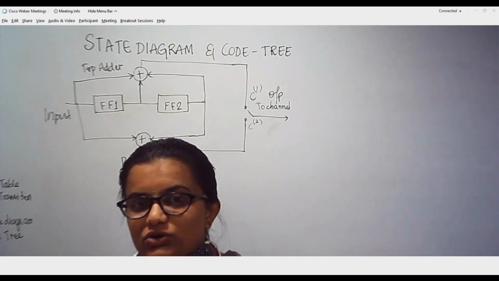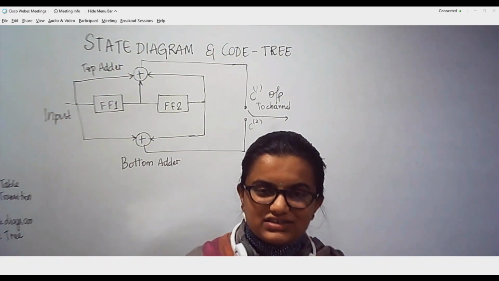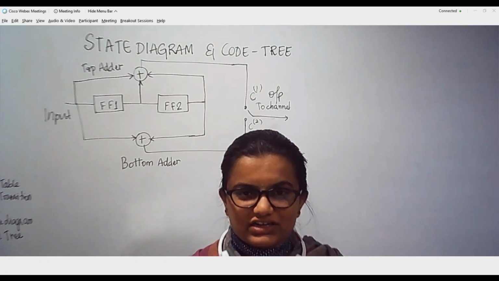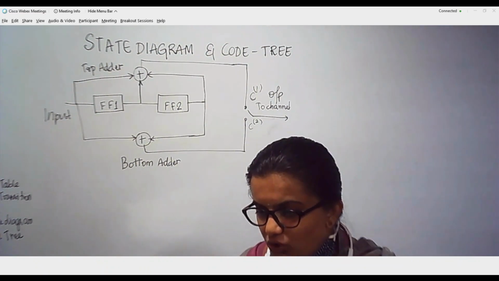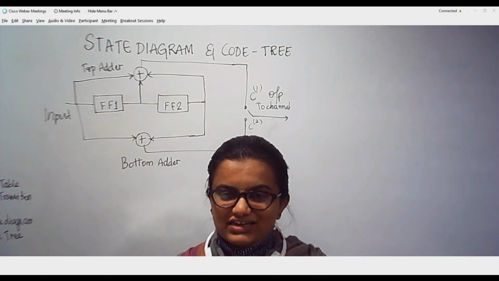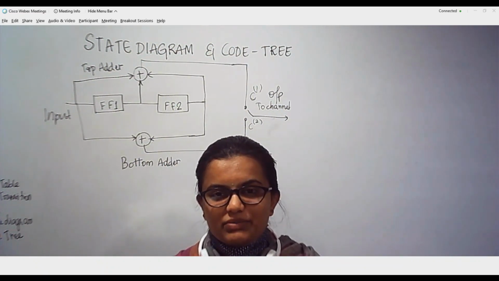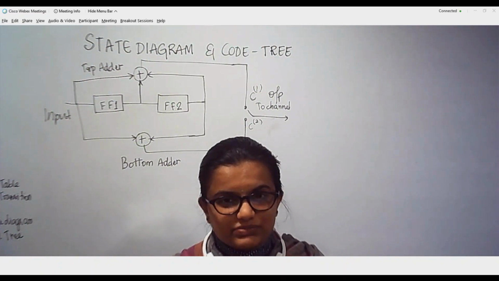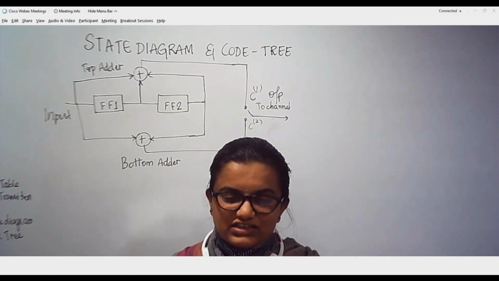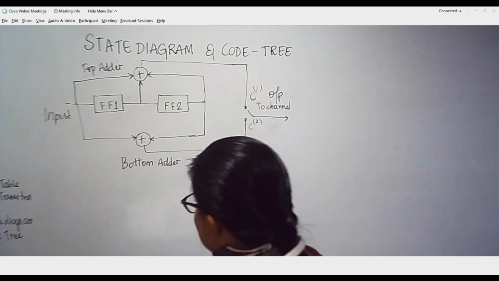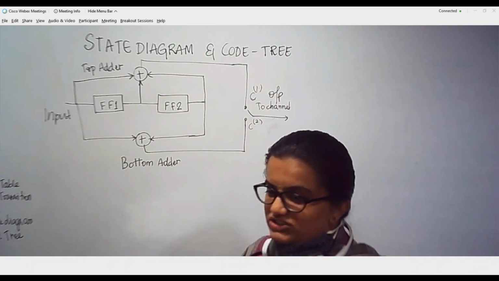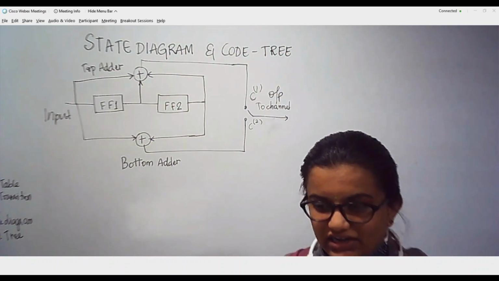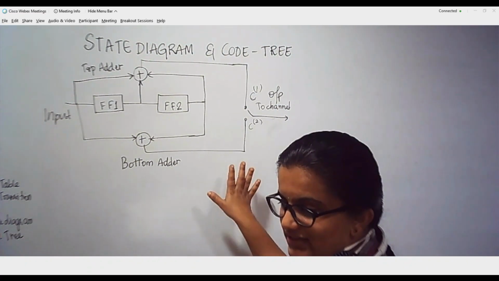Even in the decoding process, if you know the next incoming bit, you can easily predict the output for that particular code word, or exactly which code word was transmitted. Thereby we can easily trace back and rectify the error caused during the transmission. Having said that, now we shall see how the state diagram and the code trees are generated. Ready? We are going to take a particular example here.